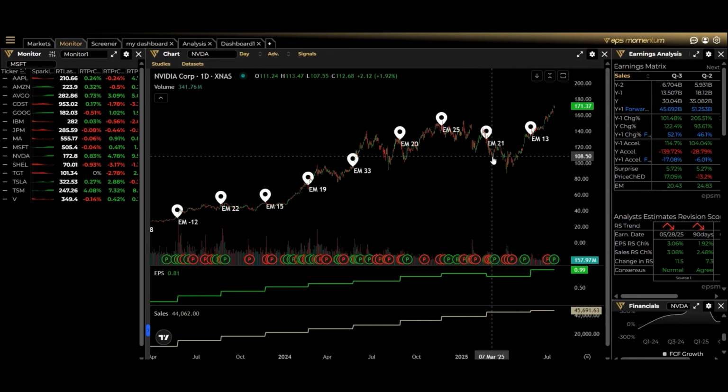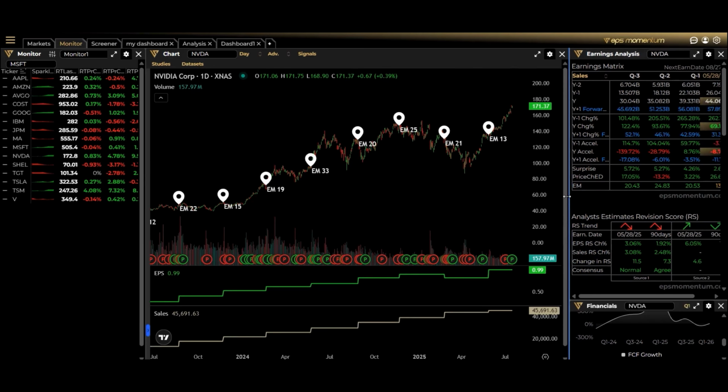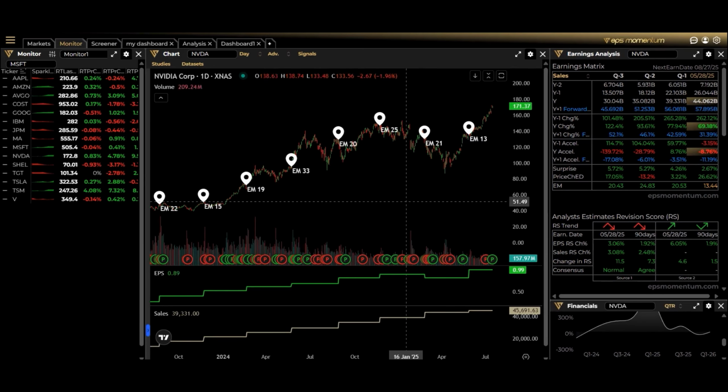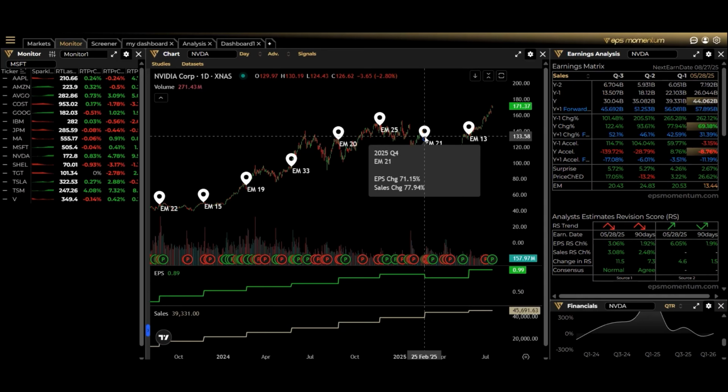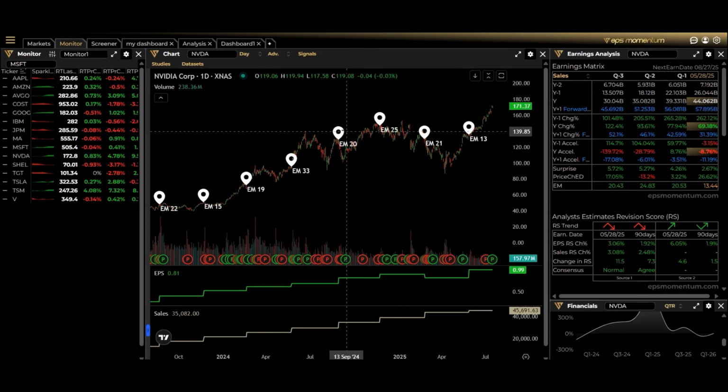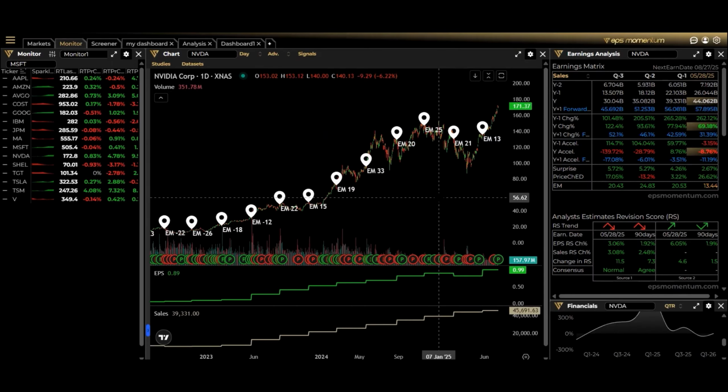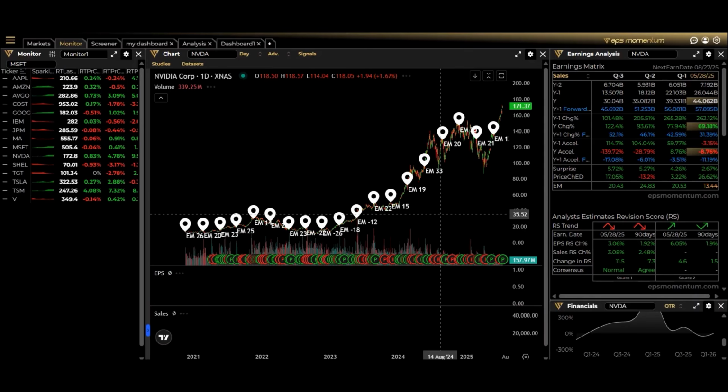The resulting earnings momentum score is then plotted on the chart for every quarter. By hovering over a point, you can see the details. For example, an earnings per share change of 32% and a sales change of 69% in the first quarter of 2026. This scoring system is highly valuable because it combines fundamentals with technical analysis. While most charts only display price movements and technical indicators, our system adds a single summary number that reflects the